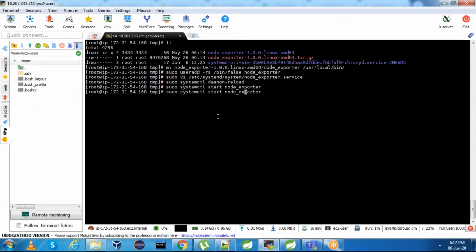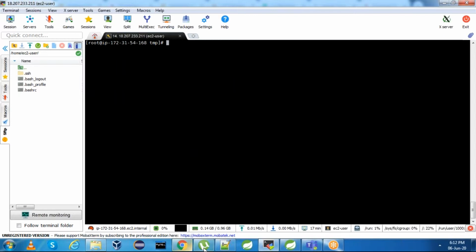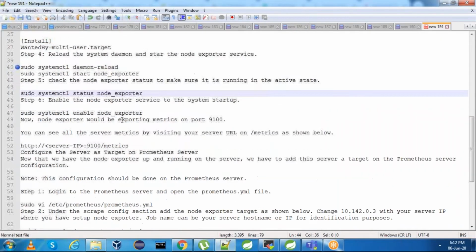If you want, you can see the status as well. Up and running, perfect. Next, you can enable the node exporter service at system startup, so that if there is any server restart, the service starts along with the server. I am not doing this. Now node exporter will be exporting metrics on port 9100.